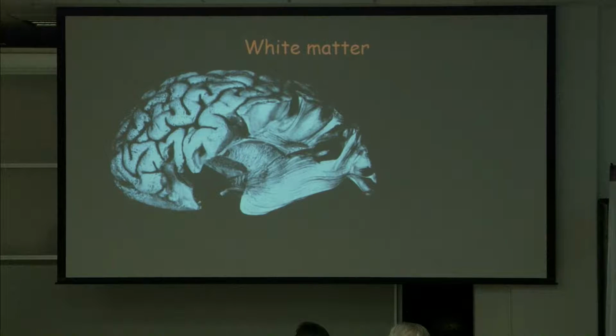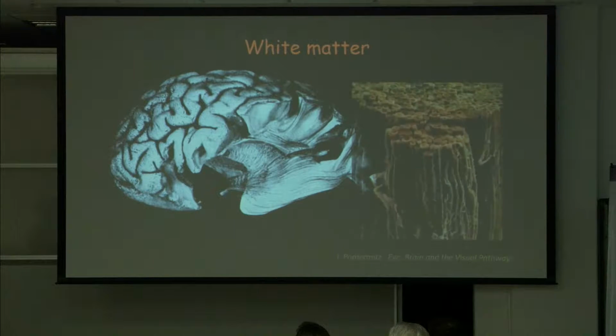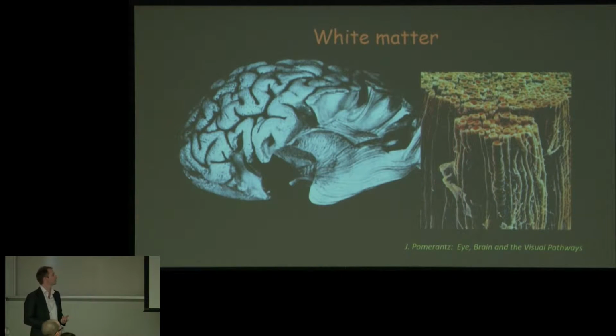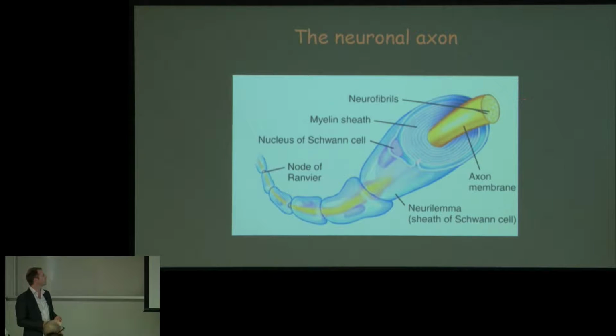White matter is what I tend to focus on, but diffusion MRI is now being used for other types of tissue, though primarily white matter is the one that people have been looking at. And most of the models are going to be looking at this kind of vision or perspective on how white matter looks. So you've got a dense set of cylinders, basically, which is what these axons look like as far as diffusion is concerned. If we look at the individual axons, this is a peripheral nerve, but it's very similar